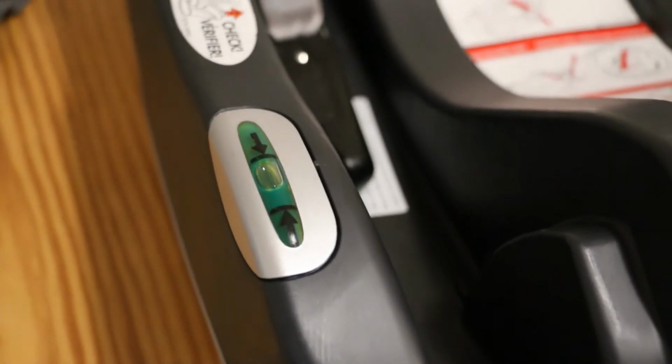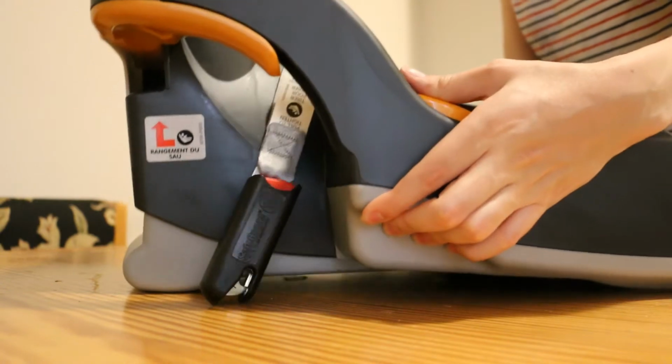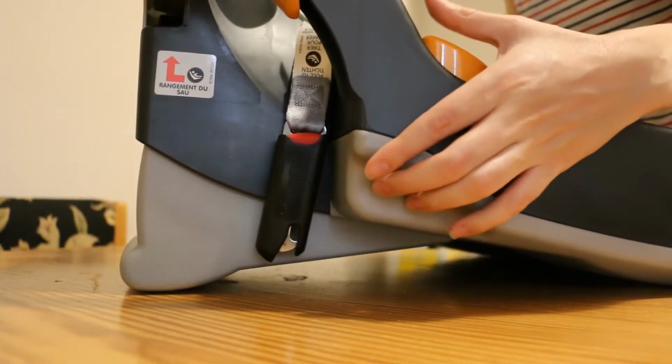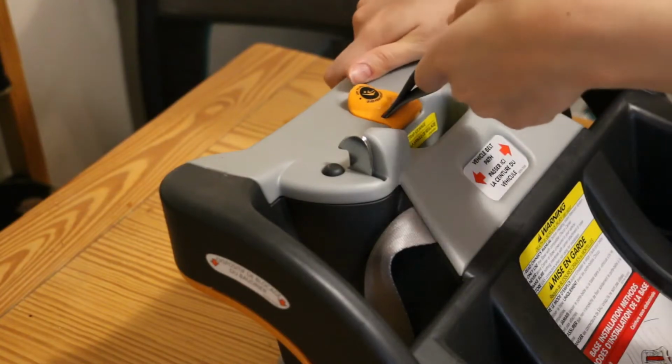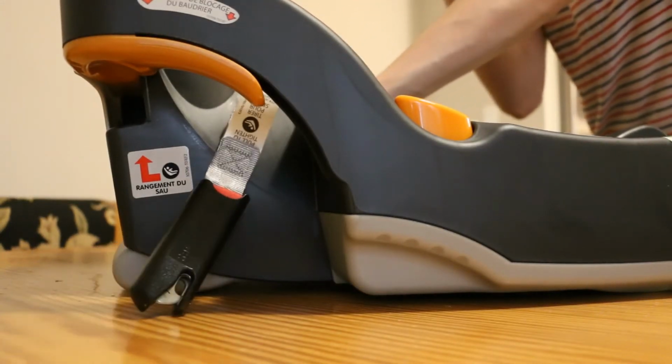But essentially what makes it so easy to install is that it has a leveler that shows you exactly how to level the car seat. It also has a height adjuster so that you can get the angle correct when you're installing it. And the other thing is that when you're pulling it to tighten, it's actually in the center. So that way you can pull the straps tight much easier than if it's on the side. So those are a few of the things that make it so much easier to install versus other car